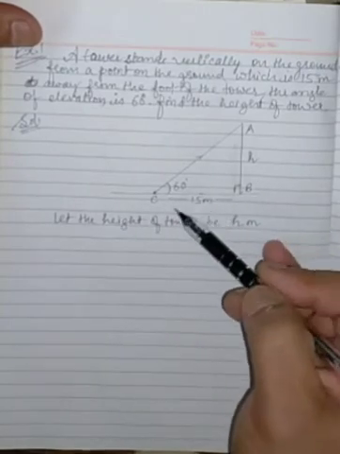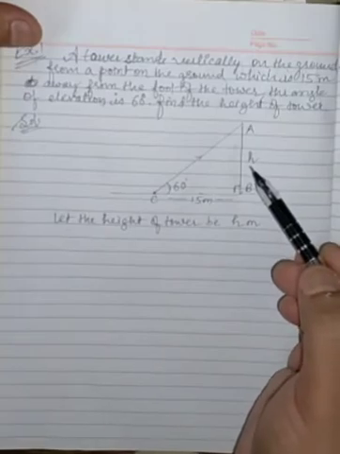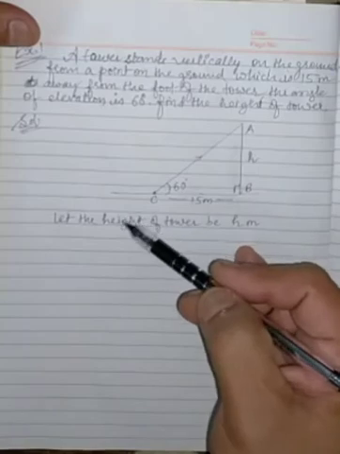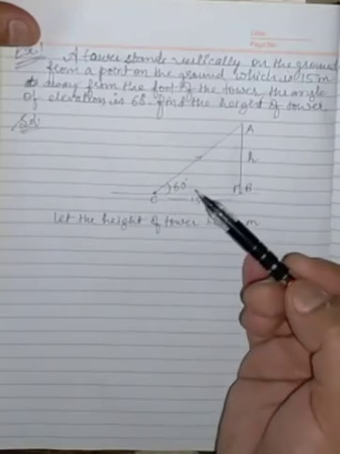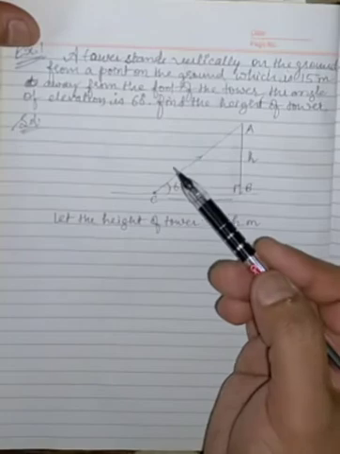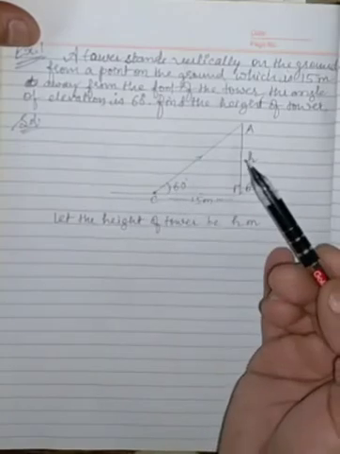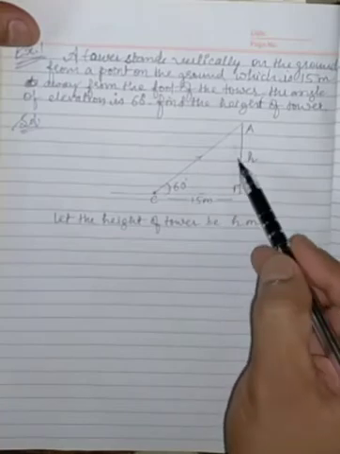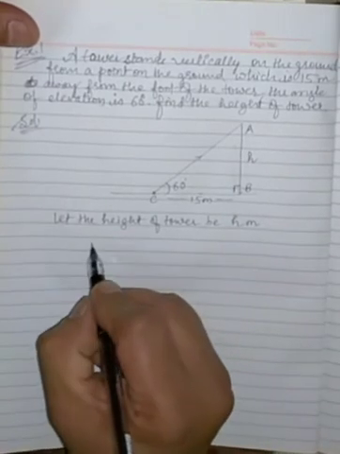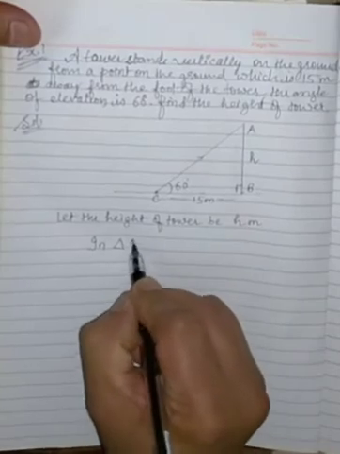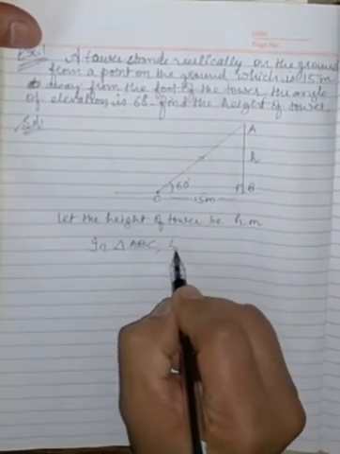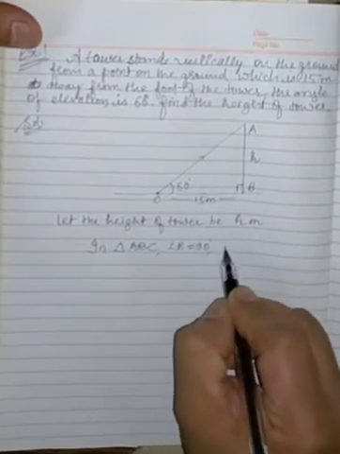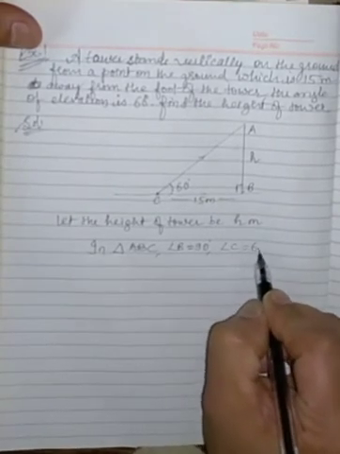Now here I would like to suggest you one thing, that using primary trigonometric ratios is always easier than going for the secondary ratios. So mainly we will be using sine, cos and tan. So here as we have seen that perpendicular and base are related with tan. So I will be using here in triangle ABC, for the angle B equal to 90 degree and angle C, which is the base angle, is 60 degree.